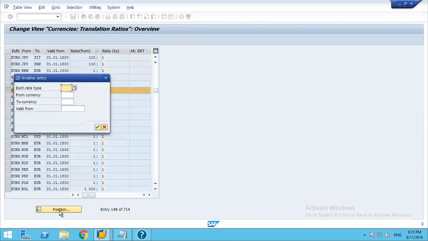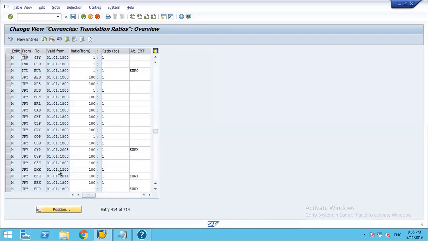Let me pick up INR to JPY. INR to JPY is 1:1 only. But normally, I think someone has changed it here. Normally 1 to 100, it will be maintained as 1 to 100. Not sure, but normally you can see 1:100. Okay, so that's what I remember. Probably someone has changed it here. Probably in the latest version, the system